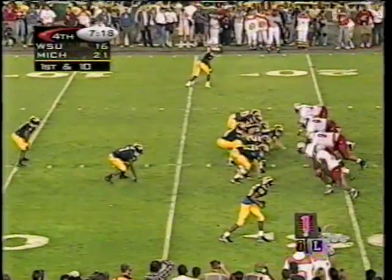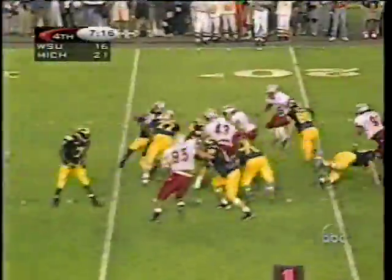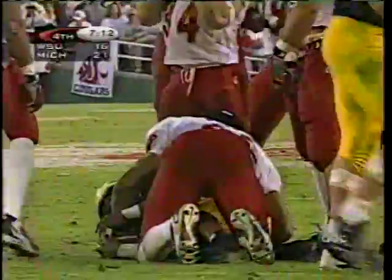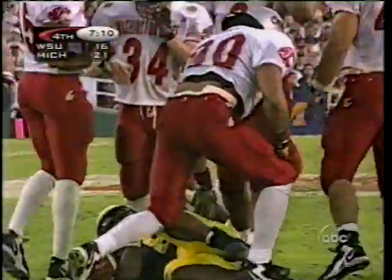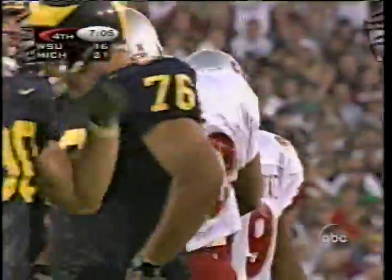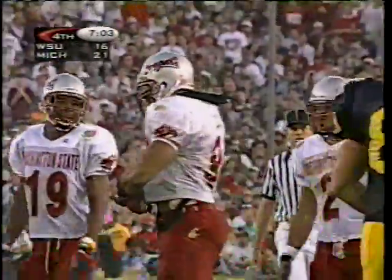So they put it at the 18-yard line and give it to Chris Howard. And he'll go down just about the line of scrimmage, and the Cougar defense fully aware that they need to pin Michigan now and make them punt the ball out to give the offense a chance. Today's Rose Bowl attendance,